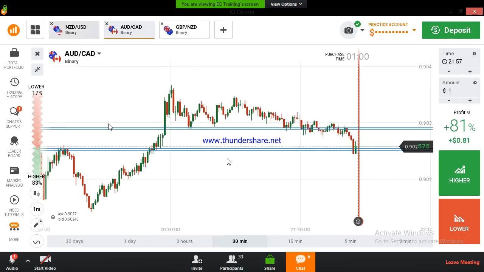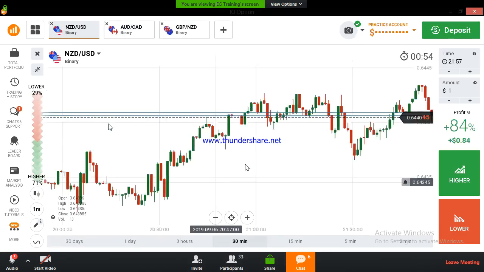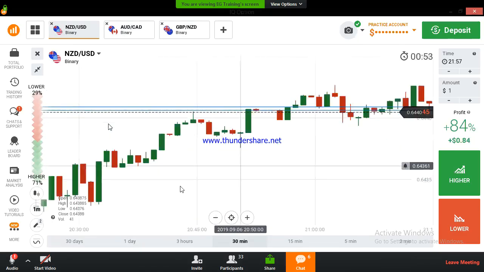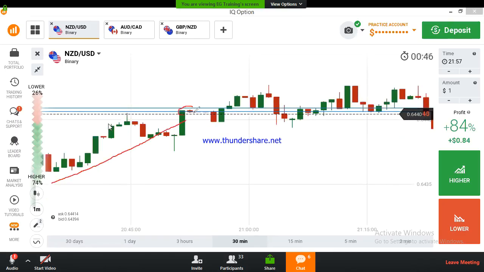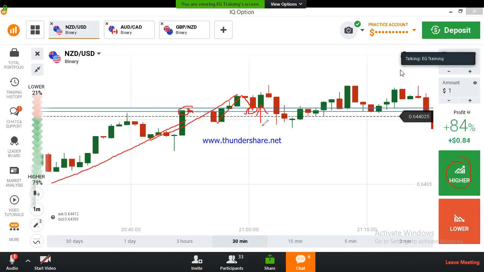So here, this is a strong level. If you want to place a higher option, this is an uptrend. This is a level. It tried, reversed, again it reversed, finally it broke the level. Again the candle closed at the level. The trend is uptrend. The candle closed at the level. You should place your trade a higher option. You can place your trade on the next candle with confirmation. If you get any confirmation, you can place your trade on the next candle. If you don't get any confirmation, you can't place your trade.